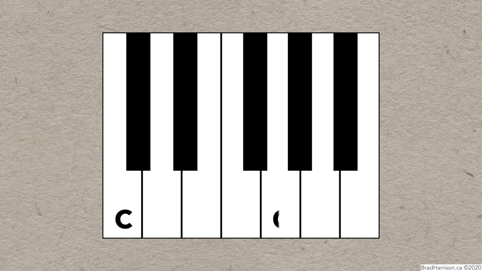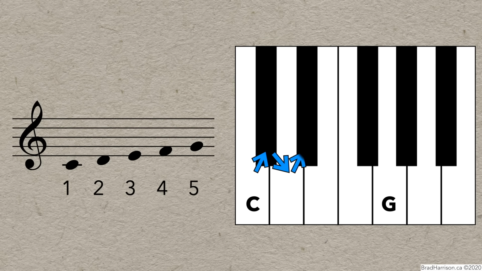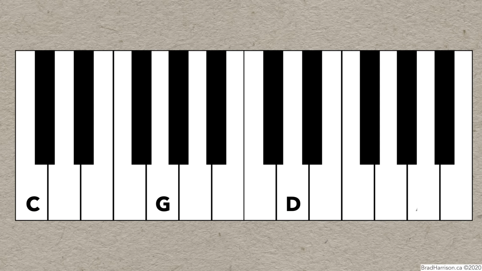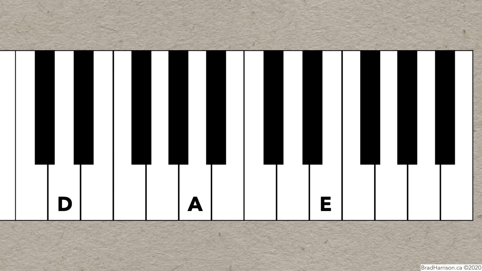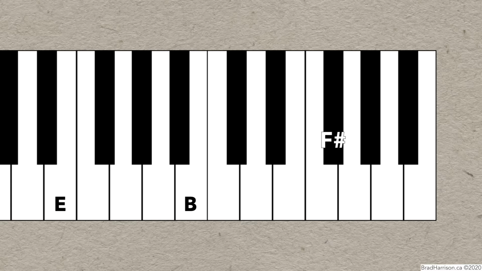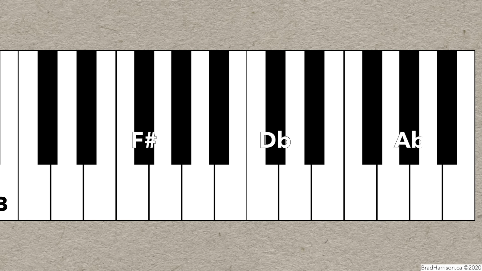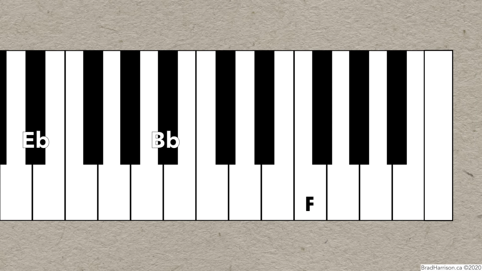We'll start on C and go up a perfect fifth, which you could either think of as the fifth note of a major scale or as 7 semitones. If we go up another perfect fifth, we get D, and up a perfect fifth from D is A. Continuing the pattern, the fifth note of A major is E. The fifth note of E major is B. A perfect fifth above B major is F sharp, and 7 semitones more brings us to D flat, followed by A flat, then E flat and B flat, followed by F, and, would you look at that, we're back at